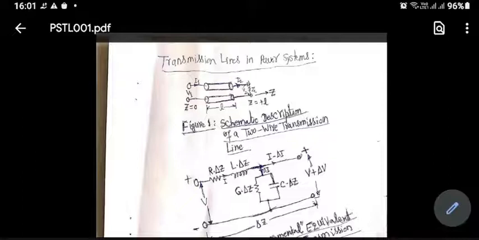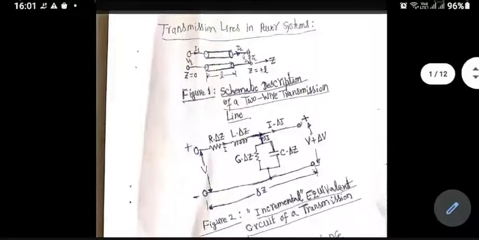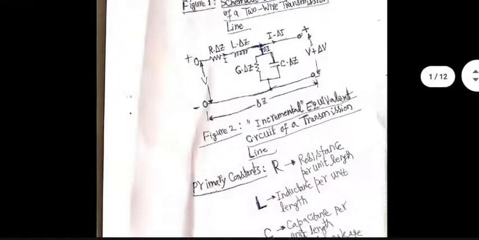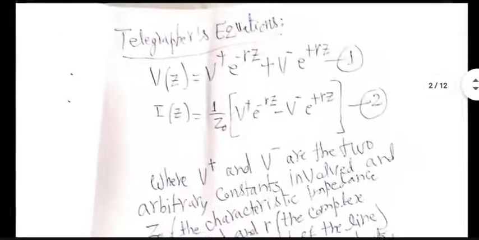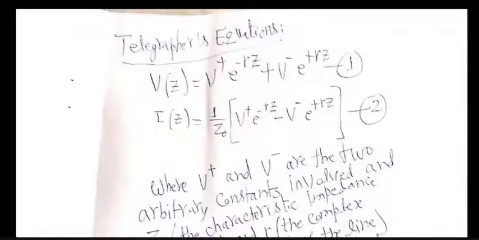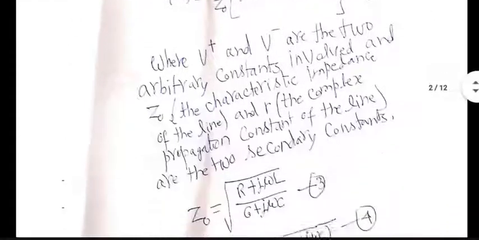Transmission lines are a very key component of the power system, and these are basic mathematical representations that we have already gone through in several places. For the sake of completeness, I'm repeating all this. R, L, G, C are the four primary constants. For 50 hertz to 60 hertz systems, probably we don't care much about these transmission line equations.